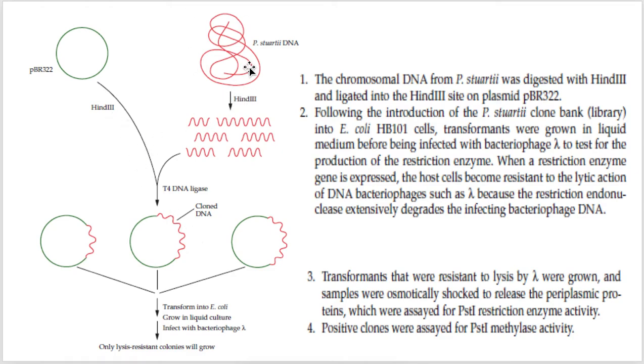Okay, so in this photo, this is the DNA that encodes PST1, isolated from the P. stuarti bacteria, and this is the plasmid which we will use as the vector. This DNA is inserted into the plasmid, so these are cloned plasmids. Okay, and then these plasmids are inserted into E. coli through transformation. So you can say these cloned plasmids are transformed into the E. coli,